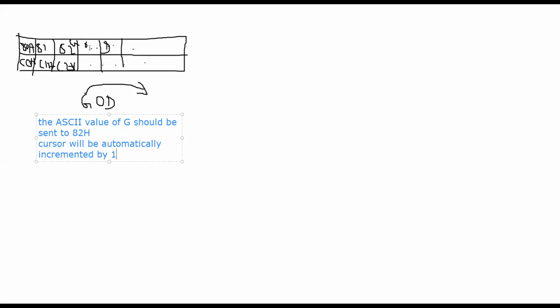So in 83 I want O, in 84 I want D. If I explain this more thoroughly, I will send 82H in the command register